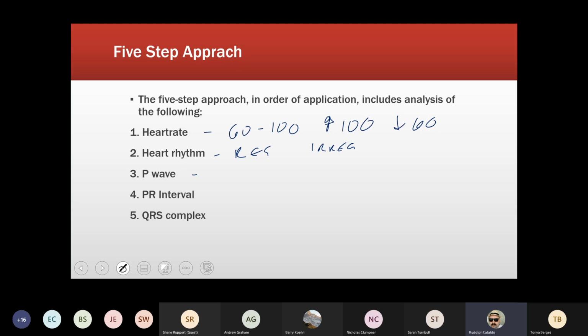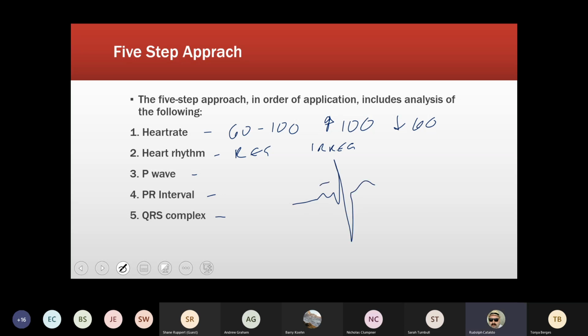Do I have a P wave? Does every complex have a P wave? And then last but not least, my PR interval and my QRS complex. What is my PR interval, knowing that, it's that 0.12 to 0.20? If it's less than that, it's not a huge deal. If it's longer than that, we could potentially have a block, because remember, if I have a complex like such,